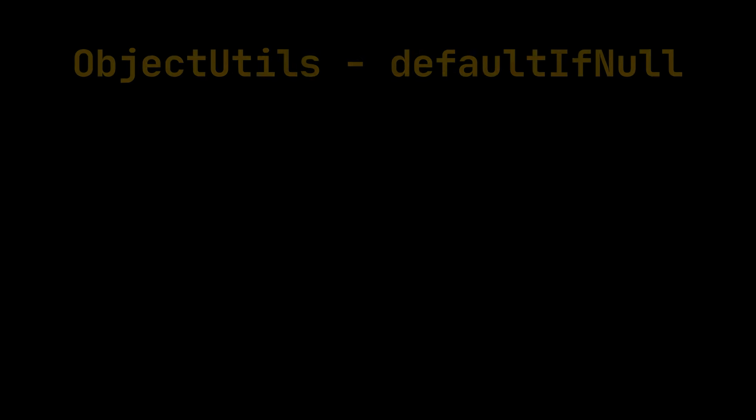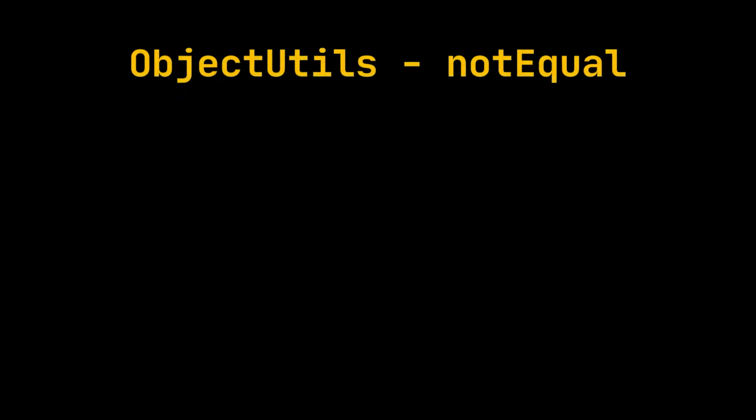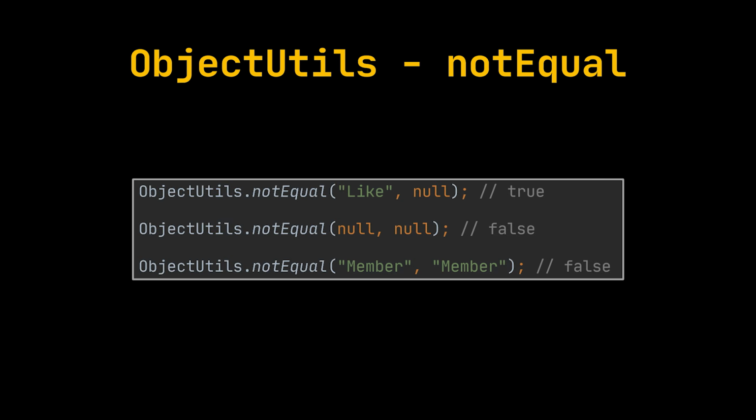The defaultIfNull method is particularly useful as it returns a default value when the provided object is null. For example, if we pass a null object and a default string, the method will return the default value passed, ensuring our code doesn't break unexpectedly. The notEqual method safely compares two objects for inequality without risking a null-pointer-exception, even if one or both objects are null. For instance, comparing null with like would return true, while comparing two identical strings, like member and member, would